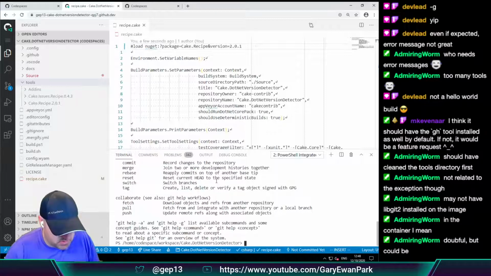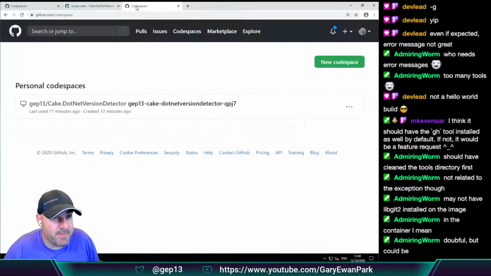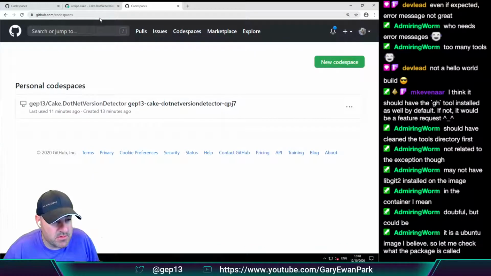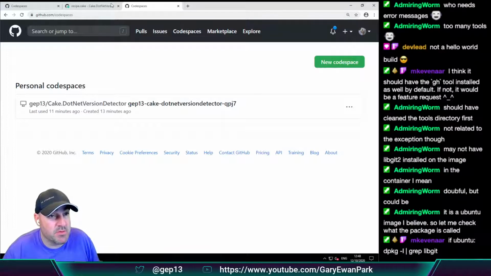What would I need to do to confirm that? Okay, so let's, it is an Ubuntu image, I believe, so let me check. Okay, perfect. So while you're doing that,